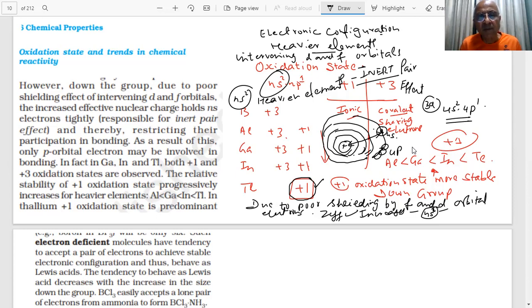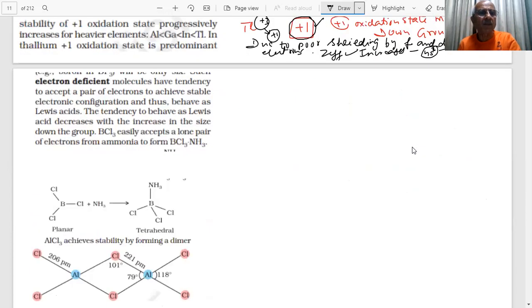So thallium +3 to +1. Therefore, the +3 oxidation state will gain electrons, undergo reduction, and become an oxidizing agent. So this is important. Questions are usually asked on the inert pair effect. And wherever you have inner filled D and F orbitals, this effect will operate. D effect and F effect. Clear? D and F effect will operate, student.